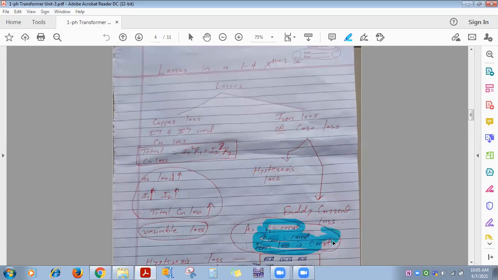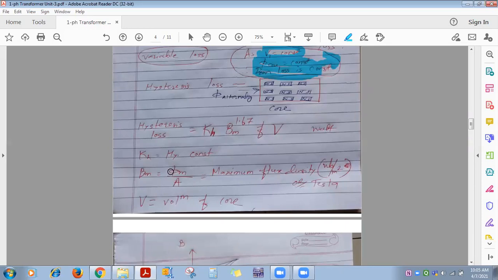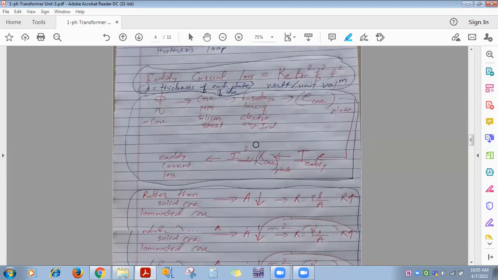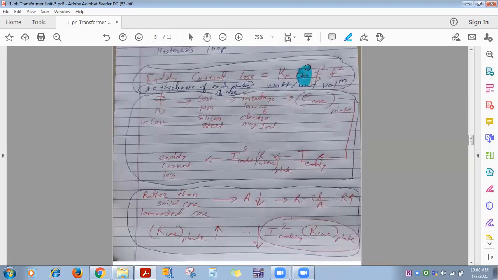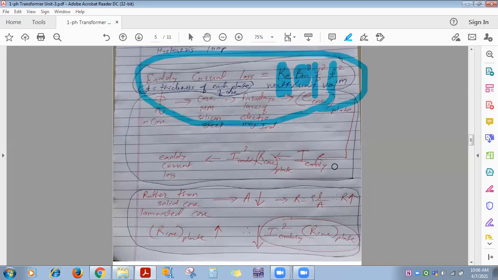As flux in the core remains constant, now you see the parameters. Once you manufacture a transformer, cross-sectional area is constant, its volume is constant, this is itself a constant, supply frequency 50 Hertz is constant, means all parameters are constant. So hysteresis loss is constant. Here also the same thing, see, flux density will be constant as flux in the core remains constant, because input voltage V1 is constant, frequency is constant, this K itself is a constant, and thickness of plate. Once you manufacture a transformer, this one is also constant. So eddy current loss is also constant.